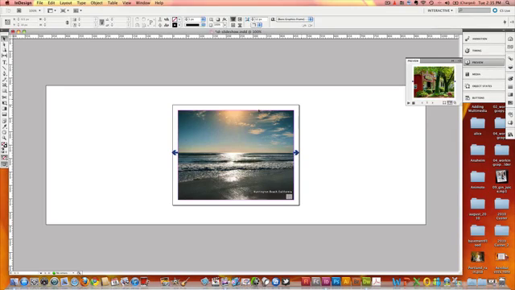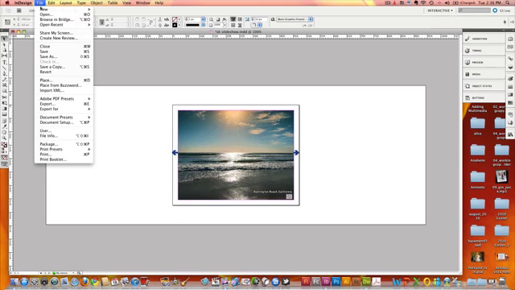Okay, now we've created this slideshow in InDesign. What are we going to do with it? How are we going to get it into a web page? Well, the way we have to do that is go up to File, and we want to export,